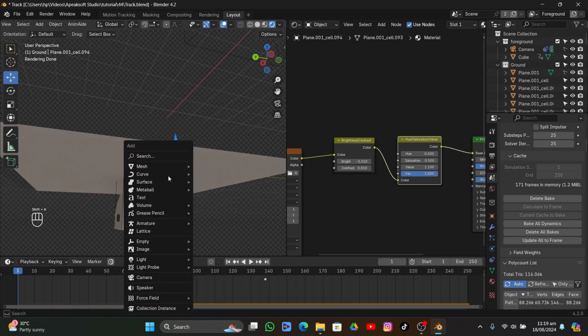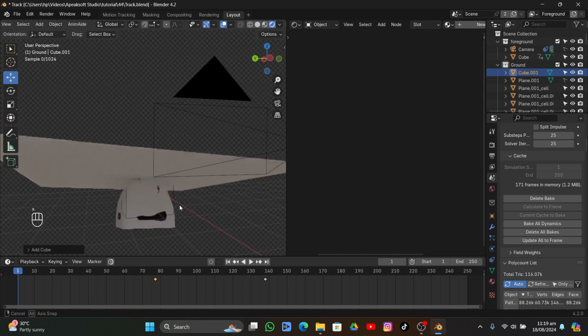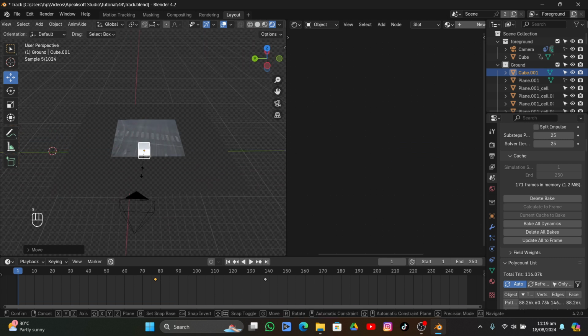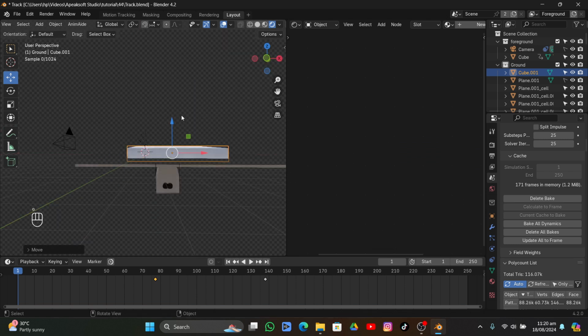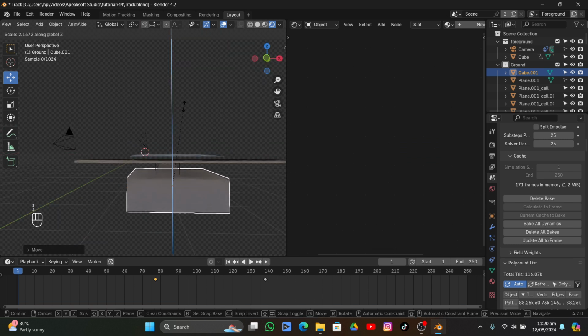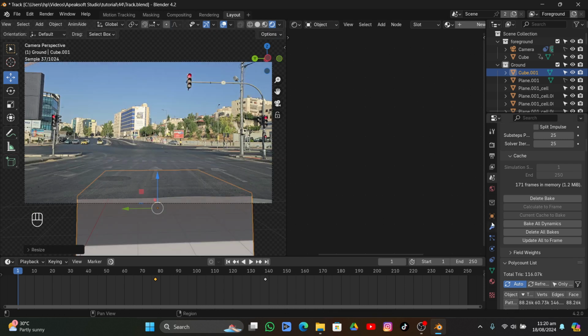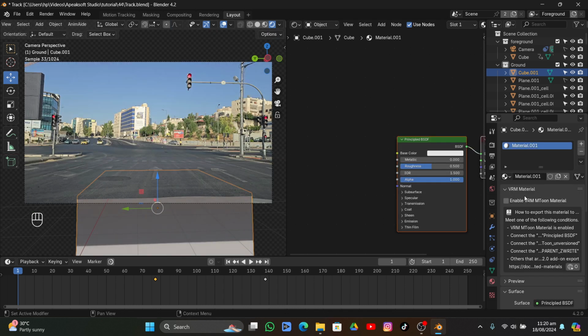First of all, we're gonna create a mesh, which is gonna be a cube. I'm gonna move it here. I'm gonna scale it on both the axes. I'm gonna move it here. I'm gonna move it down like that. I'm gonna scale it up, and I'm gonna add a material which is called a